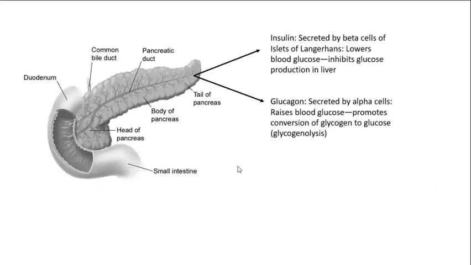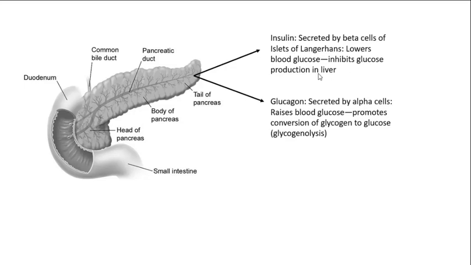Let's move on to the pancreas. The pancreas secretes two hormones that are important in blood glucose regulation. One is, of course, insulin, and the other is glucagon. Both have opposite effects with regard to blood glucose regulation. Insulin lowers blood glucose, so it's secreted by the beta cells of the islets of Langerhans in the pancreas, and